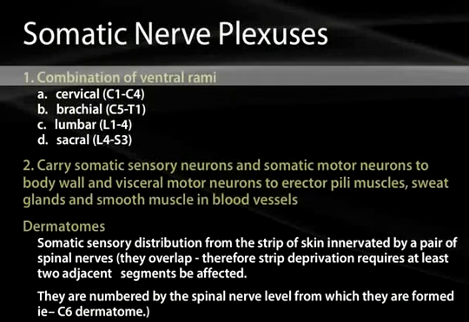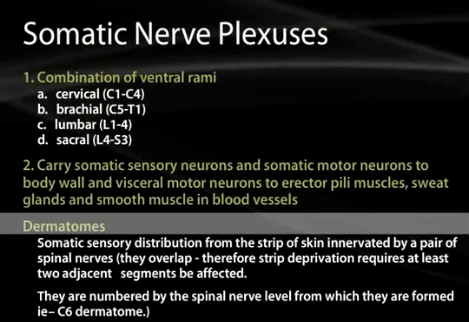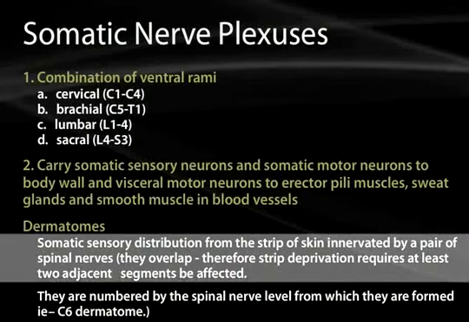So there's a little bit of a reminder of all of the various ventral rami that combine into the various plexuses, and then we talk about the dermatomes. You really need to have mastered the difference between a dermatome and a cutaneous distribution, because this has clinical significance for solving problems. So the dermatome, by definition, is a somatic sensory distribution from a strip, let me repeat that,